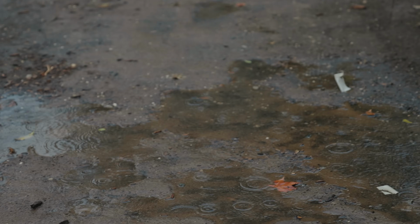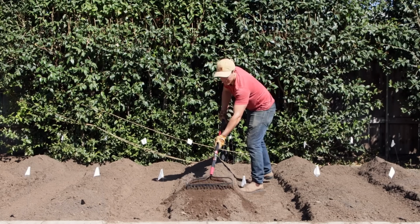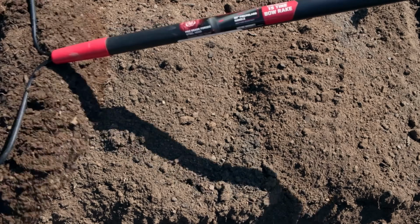And that's not to say you can't plant your garlic in in-ground rows like I have back at my other urban farmstead. I mean, that's how farmers all over the world have been growing their garlic for ages, and it does work well. But just be sure, if you have heavy clay soil that does not drain well, like the soil that I have, you put plenty of organic matter or compost into it to improve that drainage. And then also be sure to mound up your rows, because garlic does not like to sit in wet, soggy